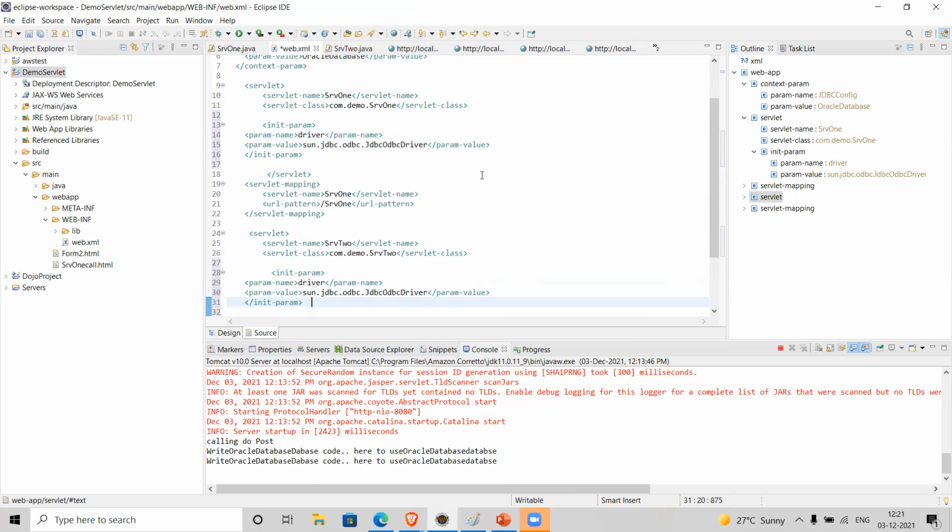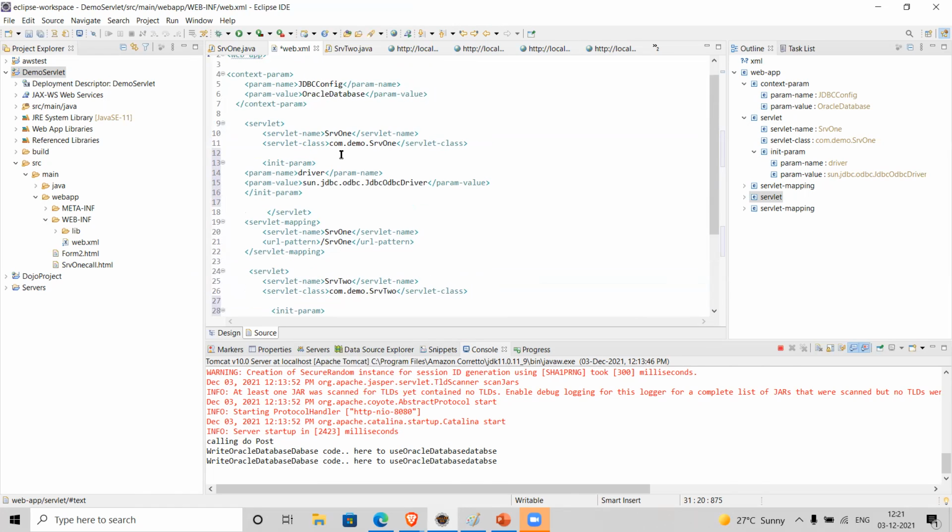Right. So earlier we were discussing this one, right? For example, this is home loan related config.